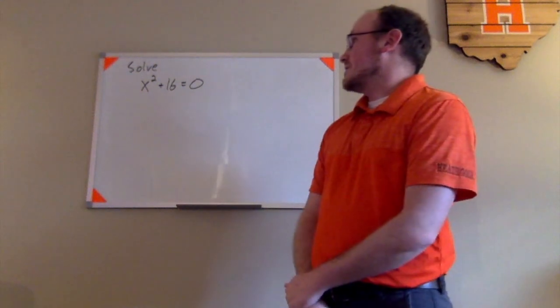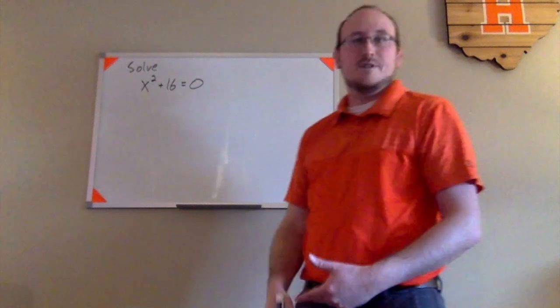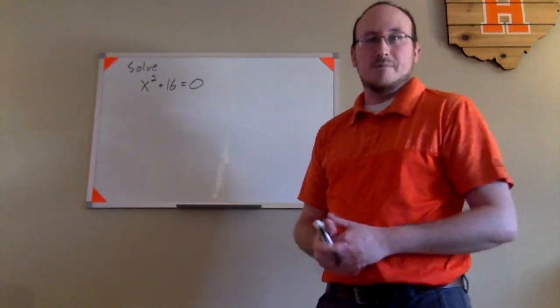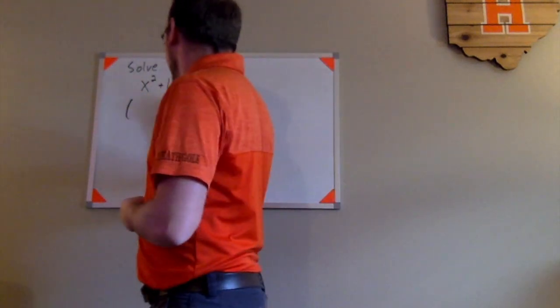Look at this polynomial equation here, which has a sum of two perfect squares. So we can take advantage of factoring this, just like we would with the difference of squares. We can factor a sum of squares using the imaginary unit i. So we'll go ahead and factor this as